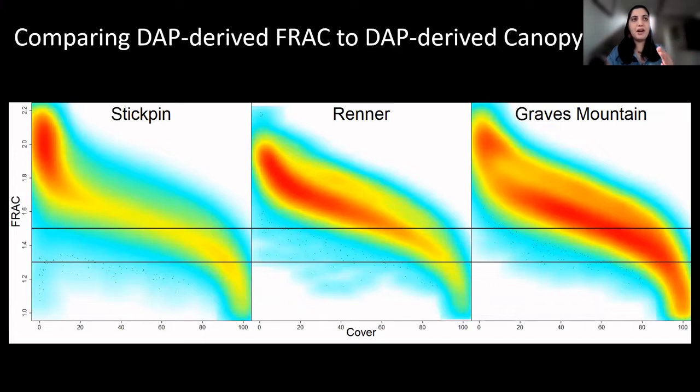And for each fire, there are differences in the tightness of that curve or in the variability of the data. Stickpin fire was mostly high severity. That's why it's got a tighter relationship, versus as you go down to these more moderate severity fires, there is more variability in data. And that's often the case with any kind of burn severity work that we do, right? In the two bounds of really high severity or unburned, there are usually tighter relationships. And as you go into that middle space, it does tend to have more variability.